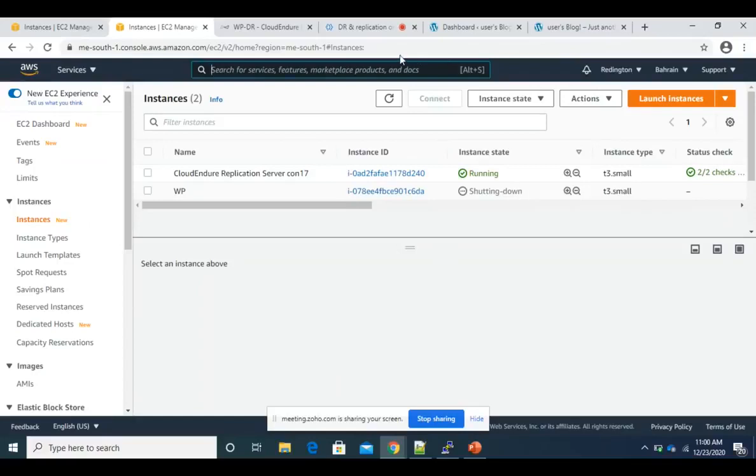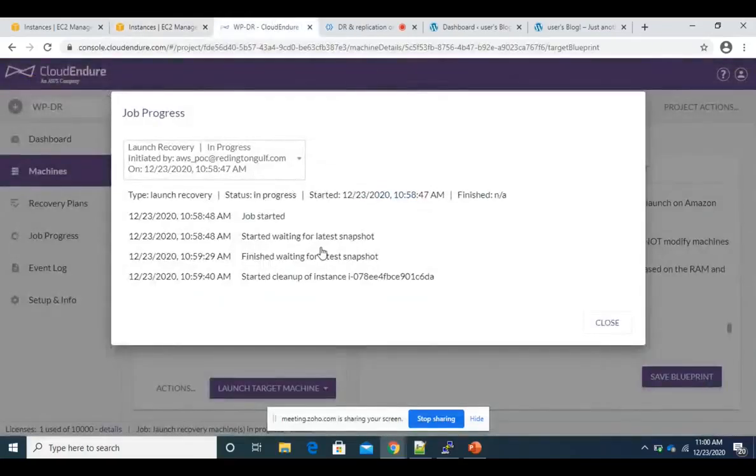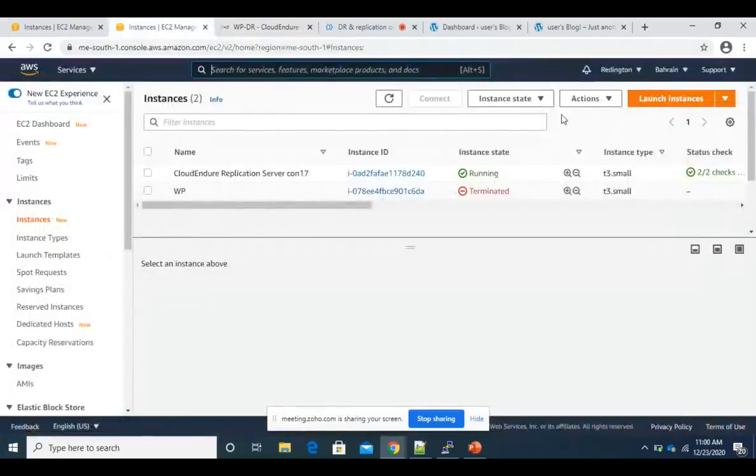I'm doing a recovery, so it will do the cleanup of the test instance. Let's wait for some time. Now it's terminated.